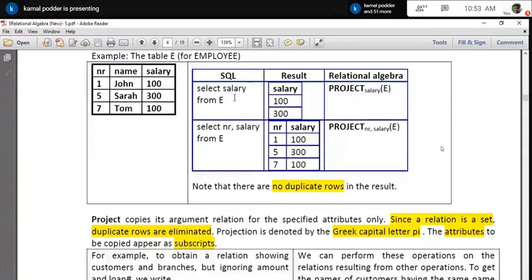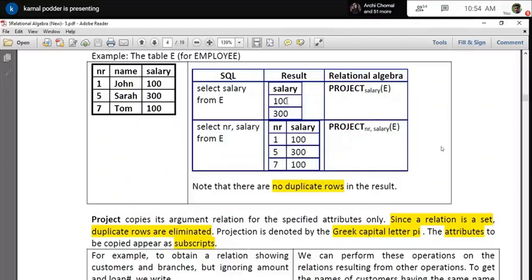Why? Because you know that in set theory the rule is that if there is a duplicate record in the set, it will reject that duplicate. Here that thing is happening. But in SQL by default it is not doing that. If you really want to remove duplicate records in an SQL query, you have to write the query accordingly. Duplicate dropping is not by default. But in relational algebra, if you write an expression, you will always get the result after duplicate rejection. Always remember that.